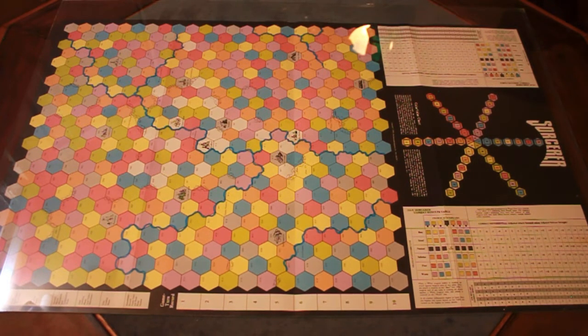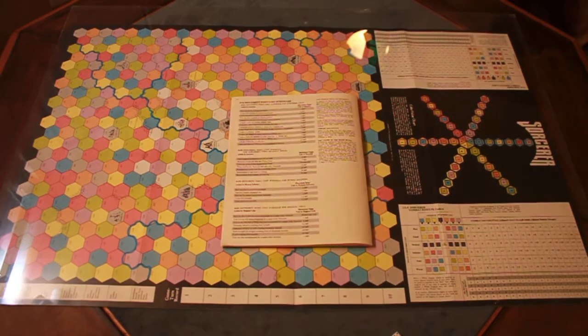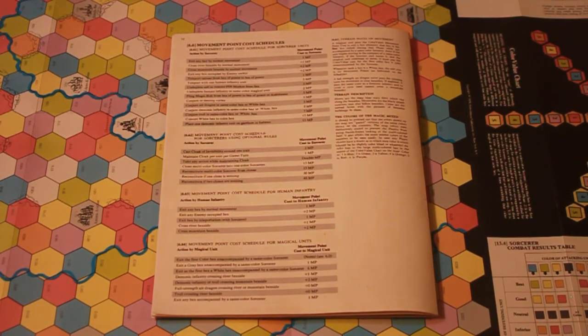There's a phase record, game turn record, the sorcerer combat results table, and again, colors are important for that. The color value chart, and then there's the die roll and combat result chart here. Some more player aids are in the back